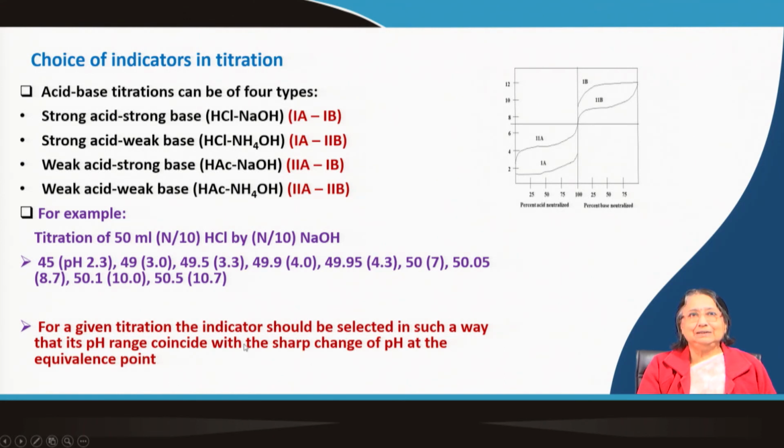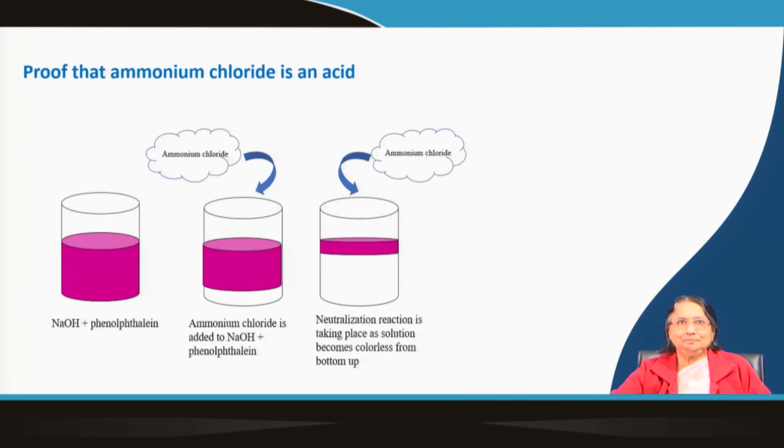Okay. So, it is your job to choose, there are so many options. Depending on which titration you are doing, you have to select the proper indicator, otherwise you cannot do the titration. Okay. This is very important. For indicator selection you have to think a lot. But obviously, it is the acid base titration, it is not another type of titration. Whatever I have discussed is acid base titration.